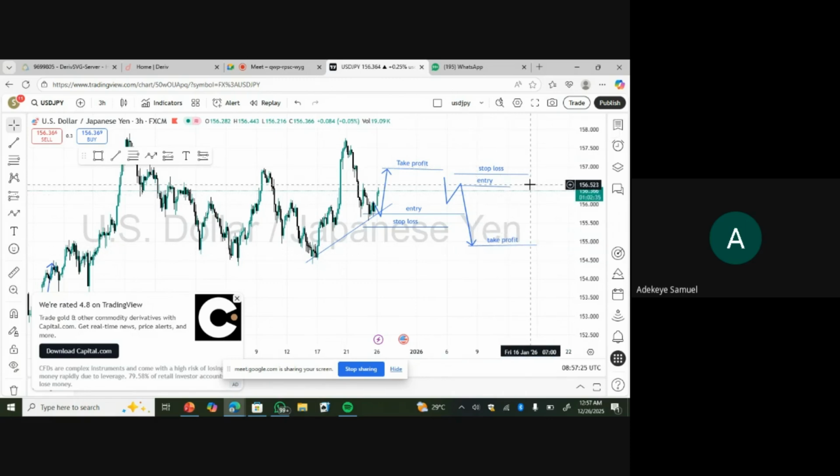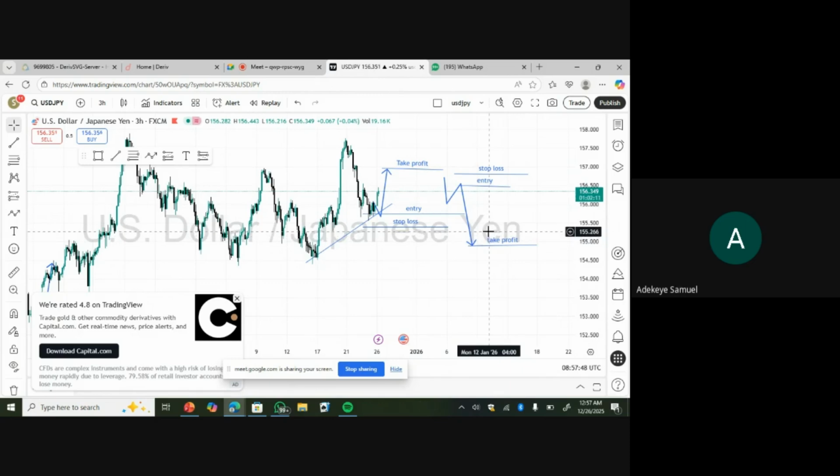This is for sell, right? This is for buy. Your take profit is below your entry point for a sell. After you calculate your target, the amount you are making. Everything falls back on your